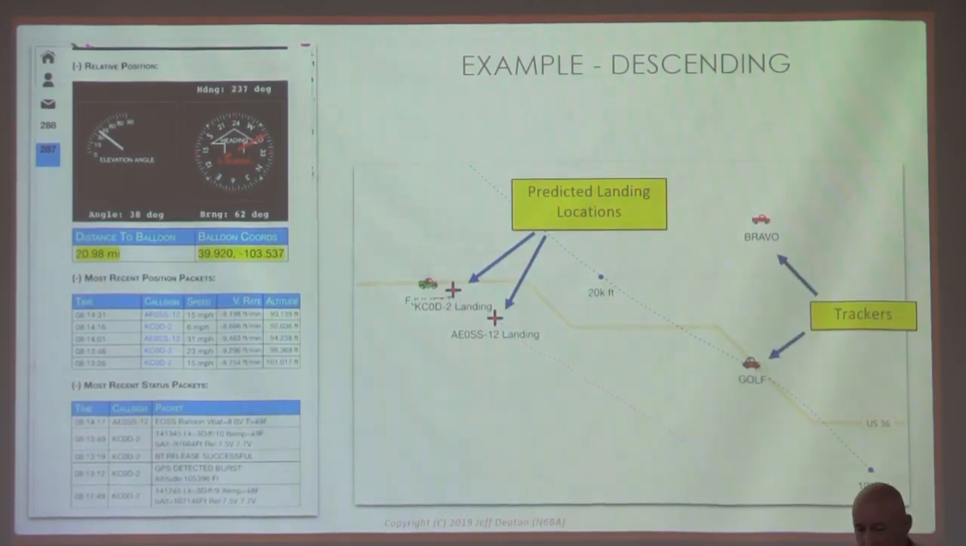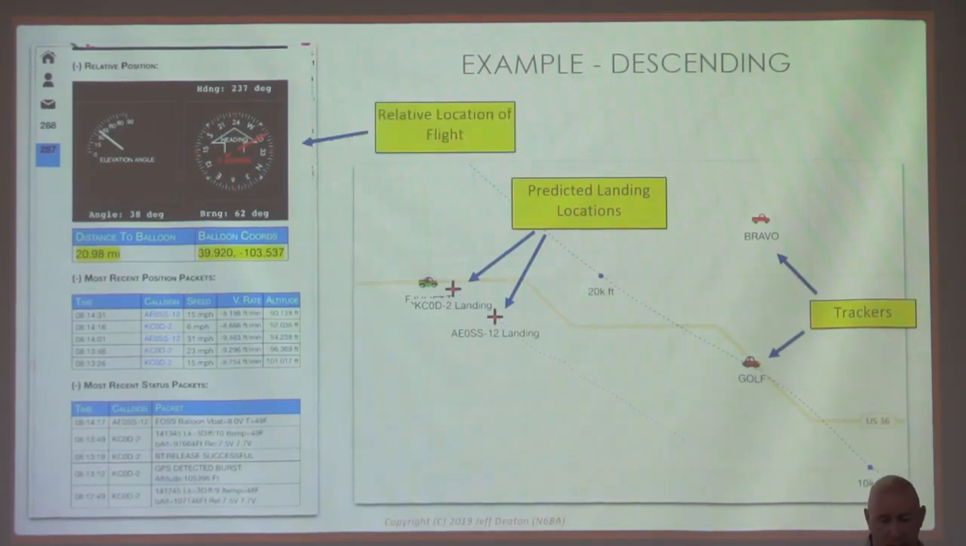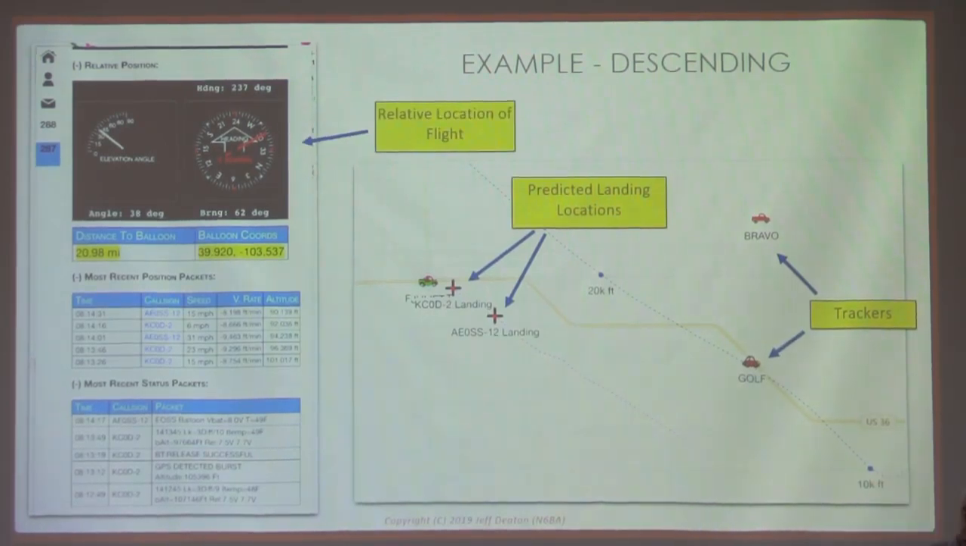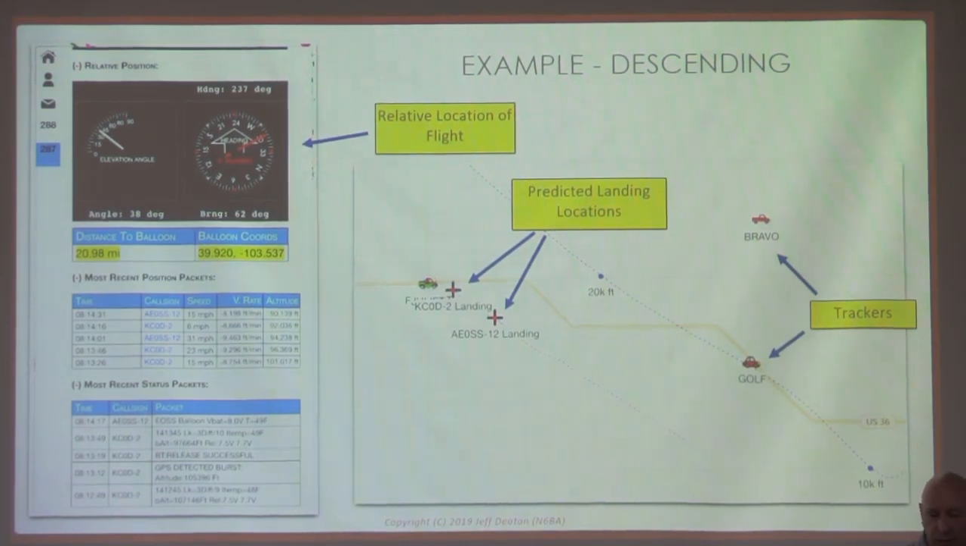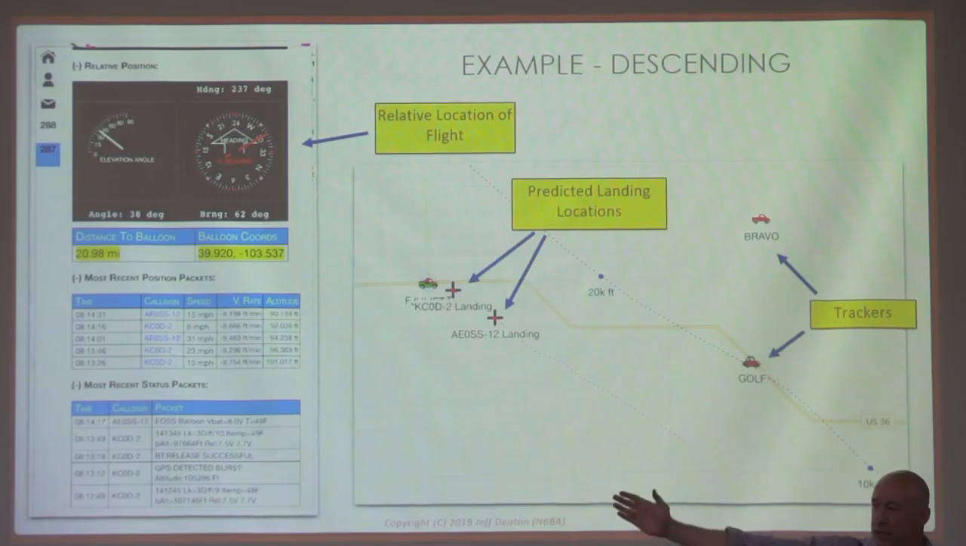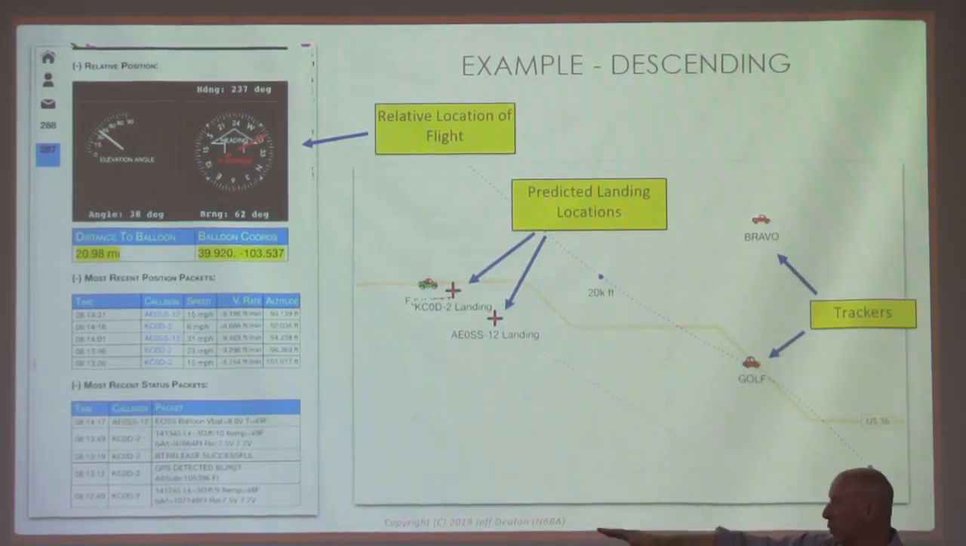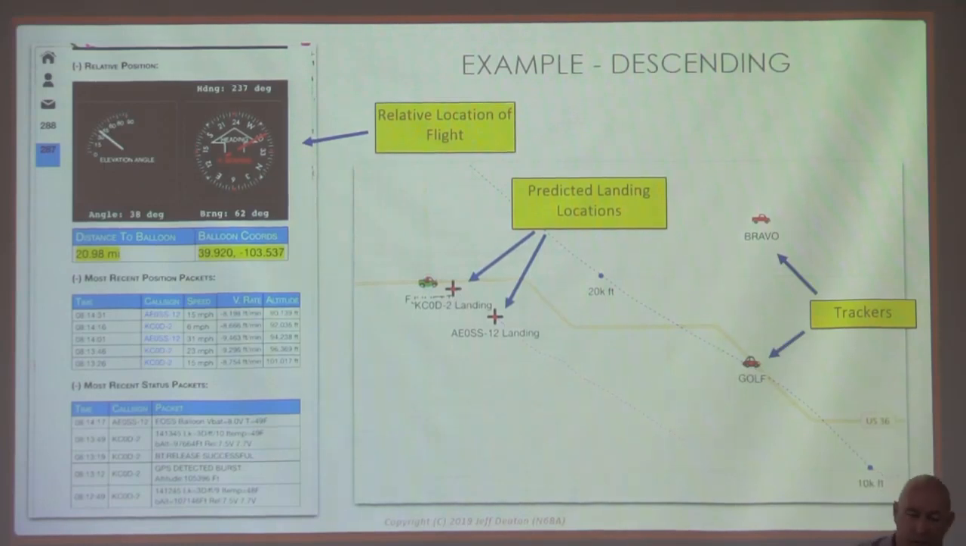Of course, you can see trackers running around out here. Hopefully that's not the Jurassic Park problem. But Golf and Bravo are out in the field somewhere, beaconing their position. There's the relative location of the flight. In this case, you can see it's 20 miles away, and our personal heading is the white one on the top. So our heading is 237 degrees, but our relative bearing to the balloon, or to the parachute as it's falling down, is 62 degrees, and then the elevation we need to look up is 38 degrees. So we know if we're driving this way, we need to point this way and look in that direction. In this case, it's 20 miles out. We'll probably never see it, but